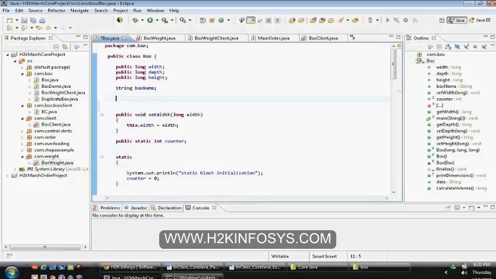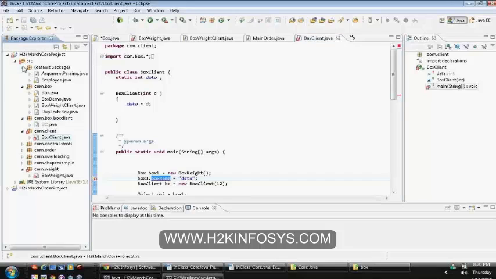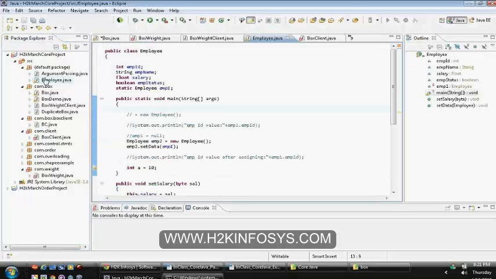The box client is a standalone client only. I have tried accessing the box name field from a standalone client, without the package, just blank, in the default package. Yes, assume that you have a box and you have a client.